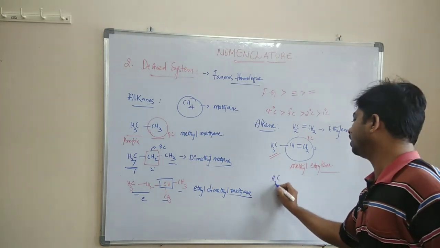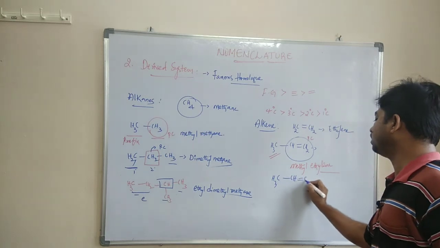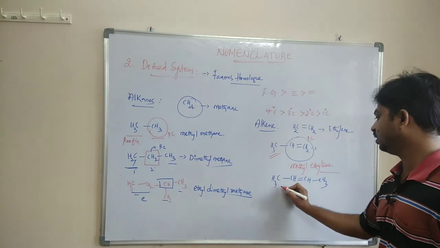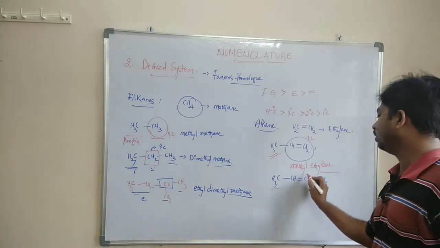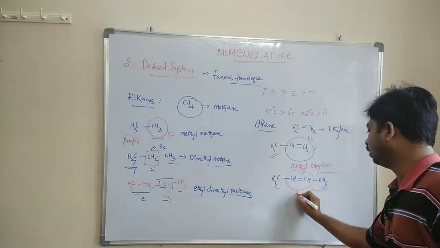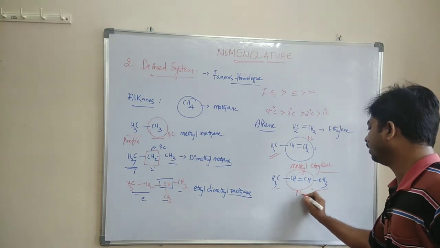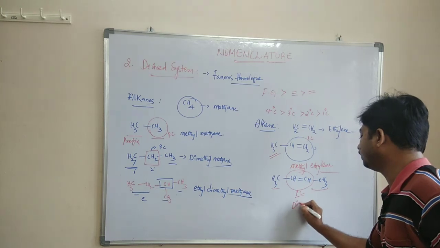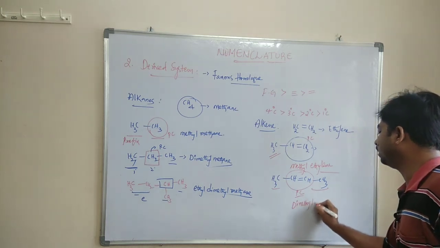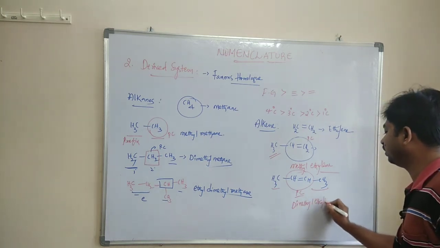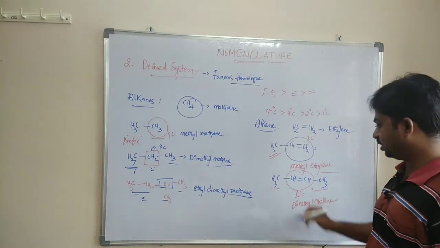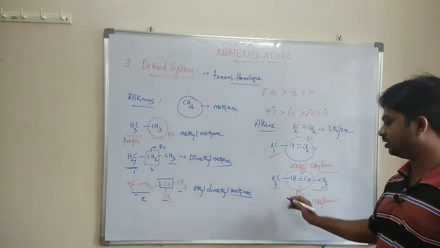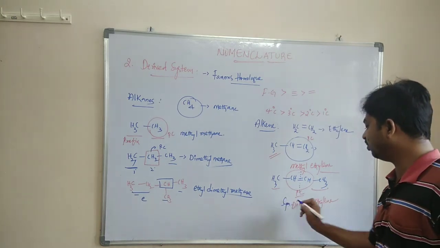If CH3 CH double bond CH3 is the structure, it has two prefixes and the root parent chain, so the name is dimethyl ethylene. But you can observe this one has a plane of symmetry, it is the symmetric dimethyl